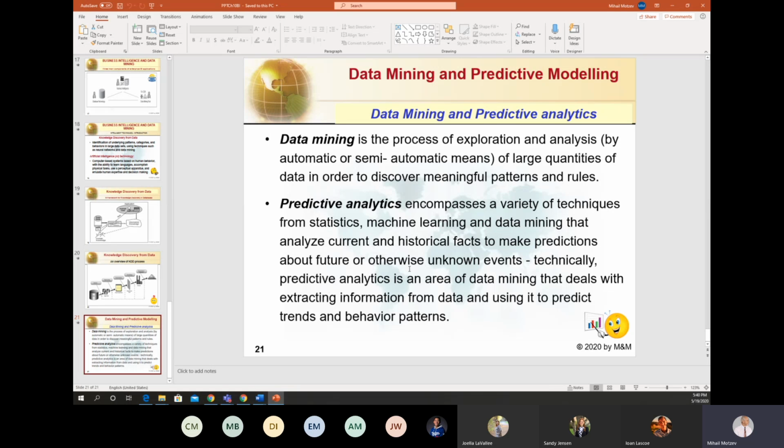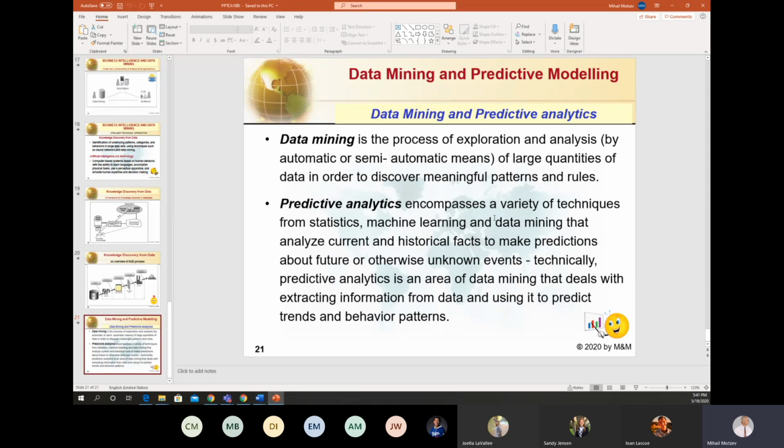Very, very close to this is the area of predictive analytics. And though it looks most of the time that predictive analytics could be considered as an area in data mining, at the same time, if we analyze the broad definition of predictive analytics, this is a big variety of techniques from statistics, machine learning, and data mining.